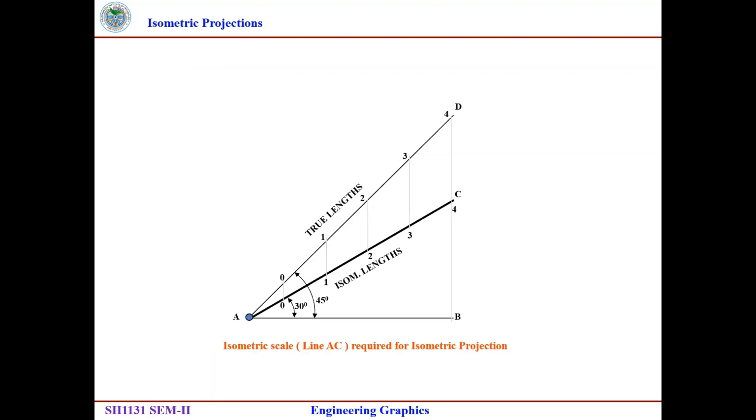We are going to directly draw whatever dimensions we have in the question. So if you observe this diagram, you will clearly understand that this one is the actual true length, that is 45 degrees. So if I draw a 45-degree line with a length of, let us consider, 4 centimeters, then in the isometric view this length does not look like 4 centimeters. Okay, so that's why it is required to convert into isometric scale.